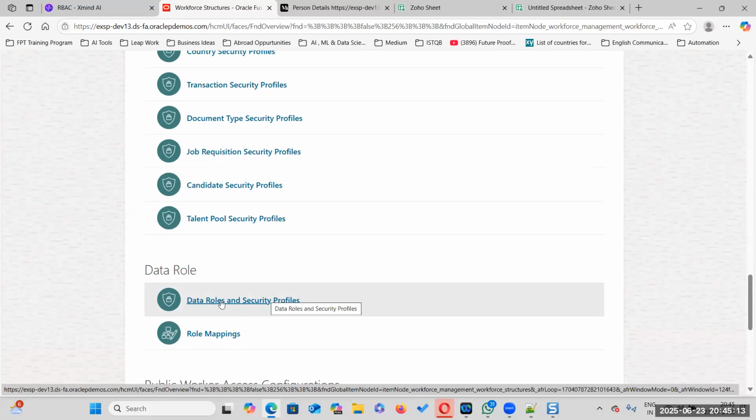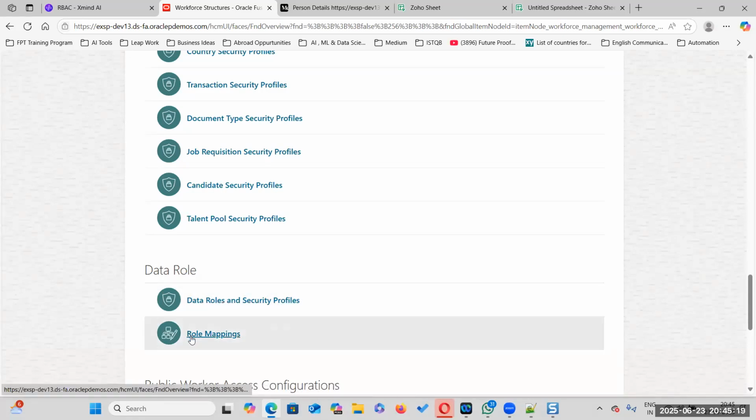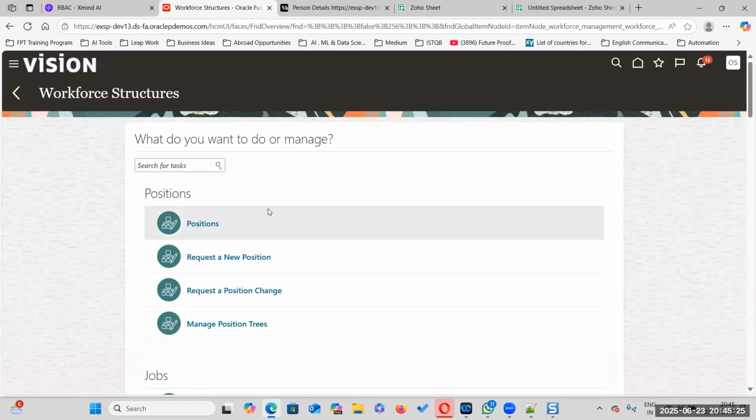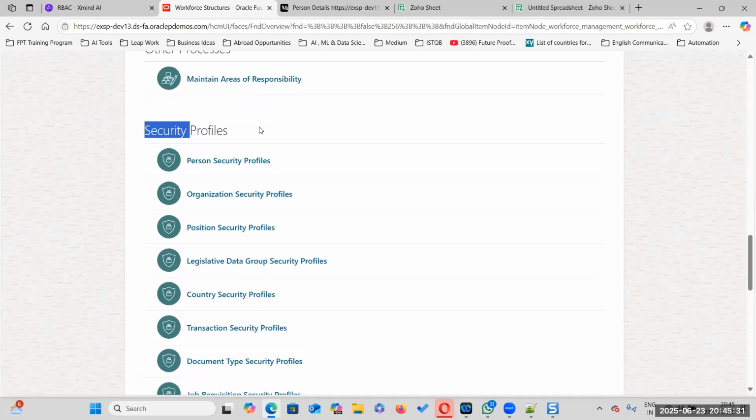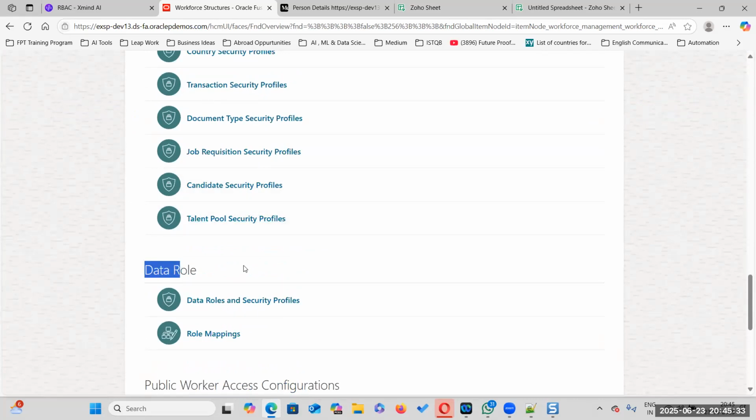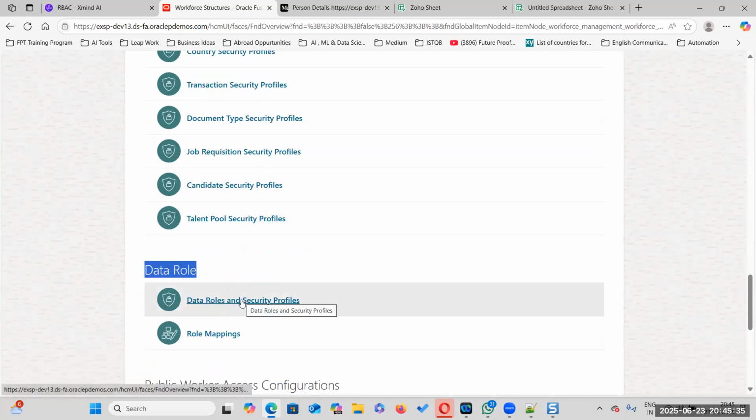With these data roles only, we can create the data role. Earlier we didn't have this kind of provision. We didn't have this data role option to create our custom data roles.